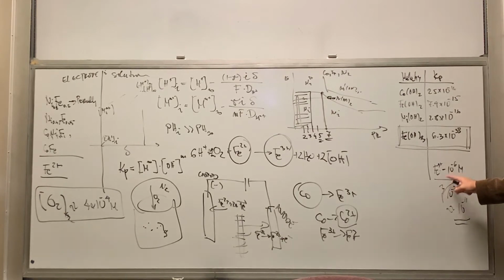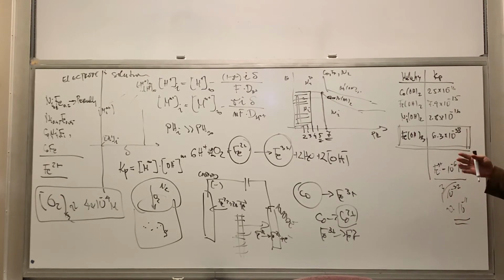If you have, let's say, 10 to the minus 5, that's going to be 10 to the minus 33, third root, it's 11. So what I'm getting is that because this is so small, you're super sensitive to very small concentrations of iron 3 plus in your solution, because it will cause